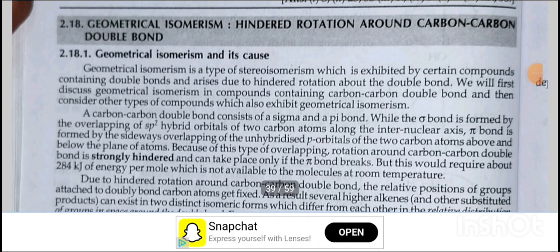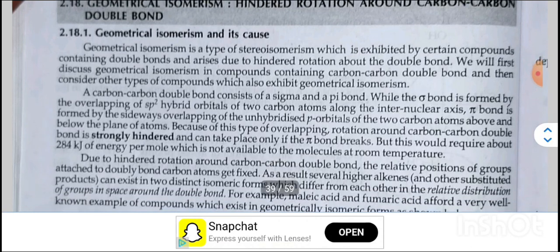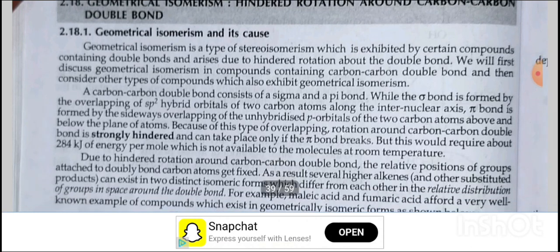Geometrical isomerism, hindered rotation about the carbon-carbon double bond. Geometrical isomers and their uses. Geometrical isomerism is a type of stereoisomerism exhibited by certain compounds containing a double bond and arises due to hindered rotation about the double bond. We will first discuss geometrical isomerism in compounds containing a carbon-carbon double bond and then consider other types of compounds which